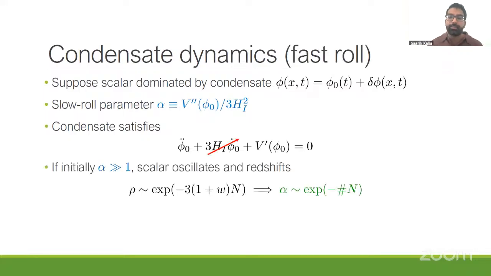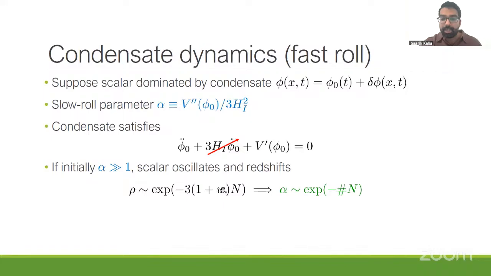Okay, so let's suppose that I first start off with alpha being very large. If alpha is very large, that means that Hubble is small compared to the potential. So I should be able to neglect this second term here. And then you can see that basically the field is going to oscillate in its potential. In fact, I shouldn't completely neglect this term because that term actually causes a little bit of energy loss. It's still a friction term. And so that's going to cause the scalar to redshift.